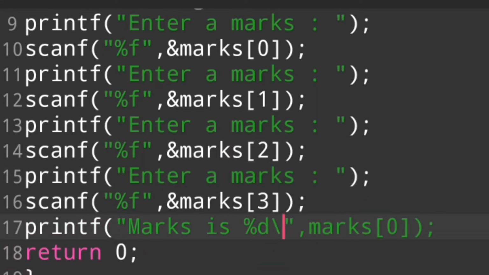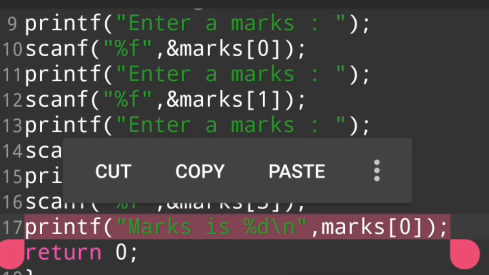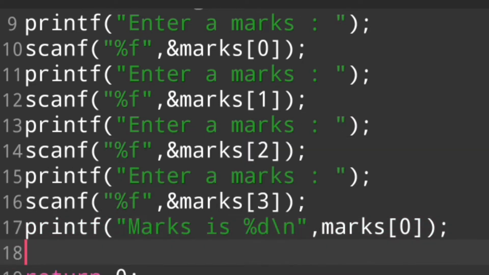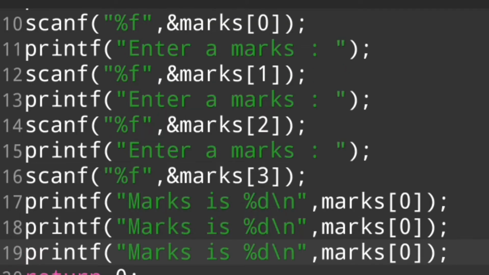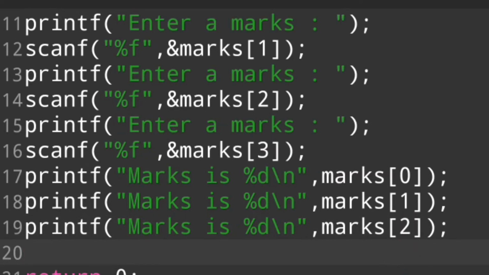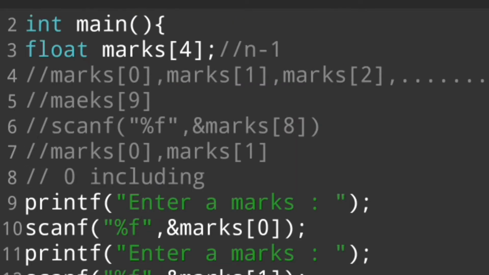First of all we write a new line, and then I copy this program and paste it. We cannot declare marks array 4 variable because 4 is excluded. So 4 minus 1 is 3.